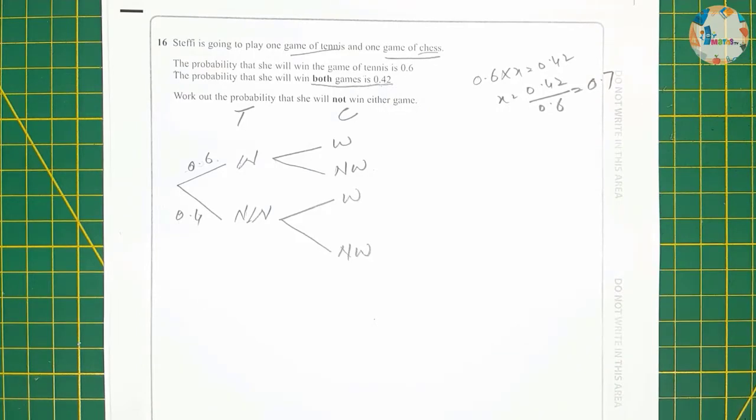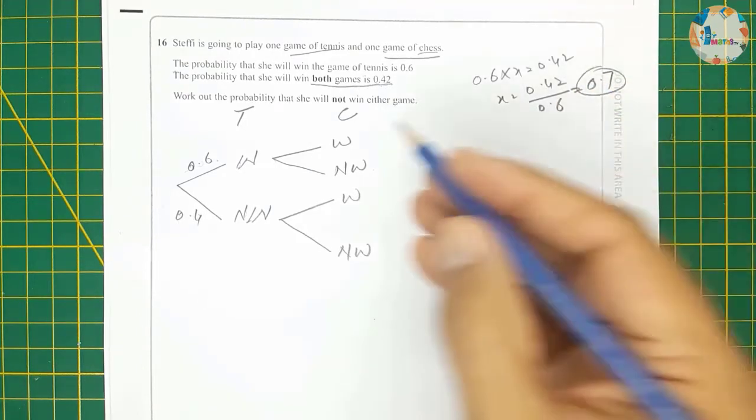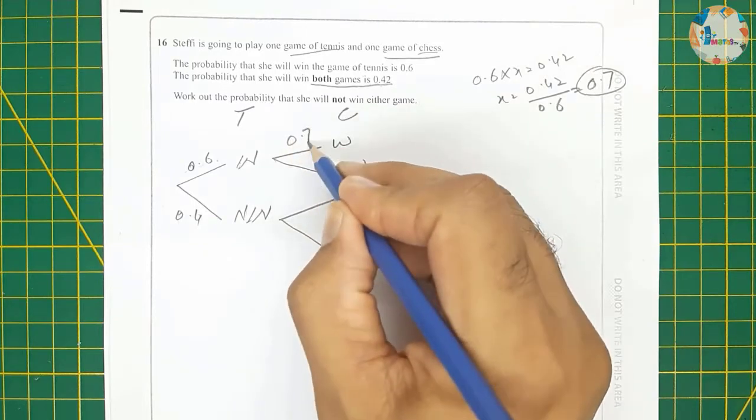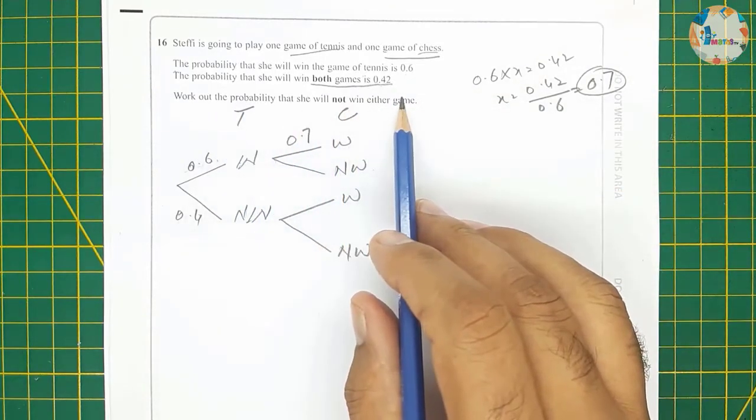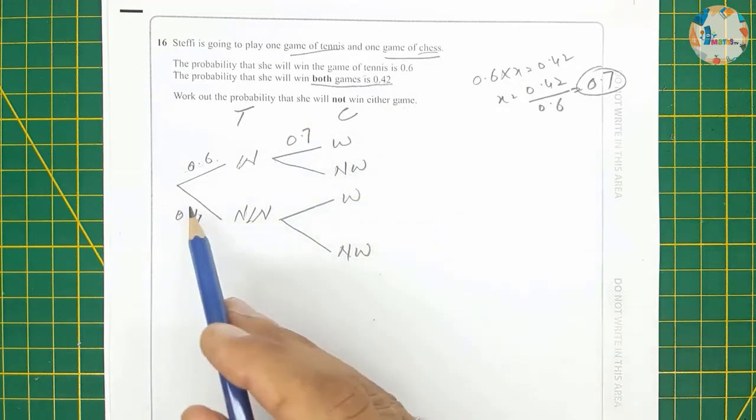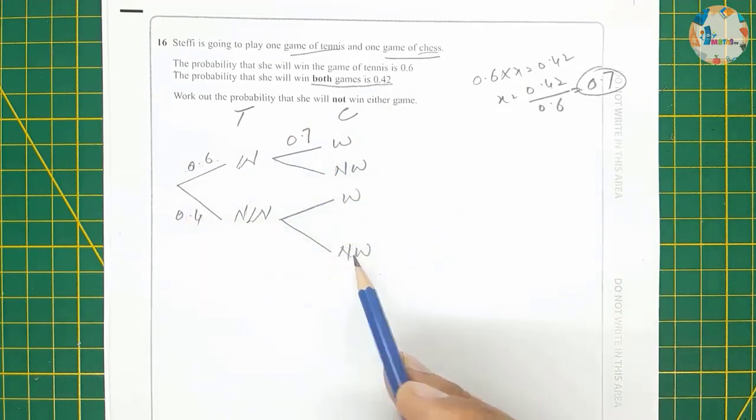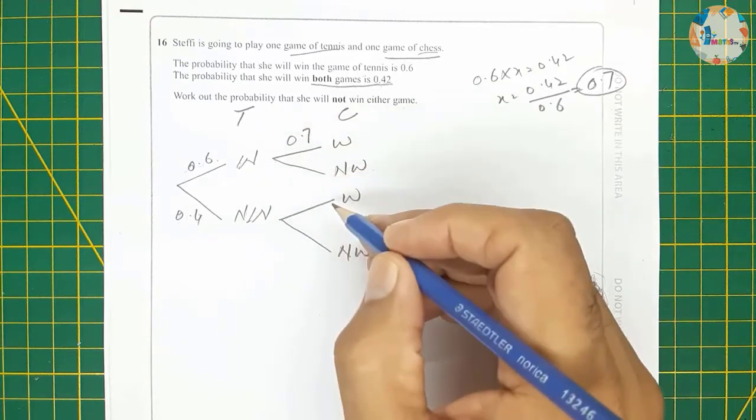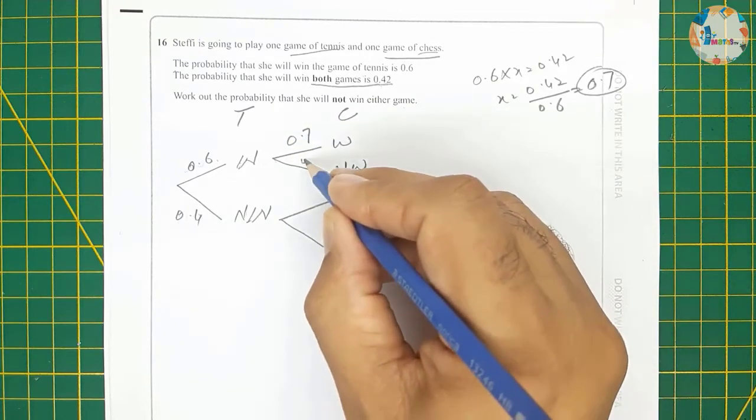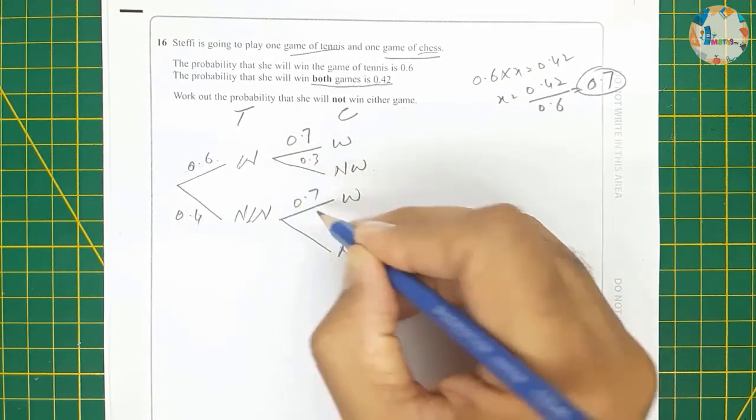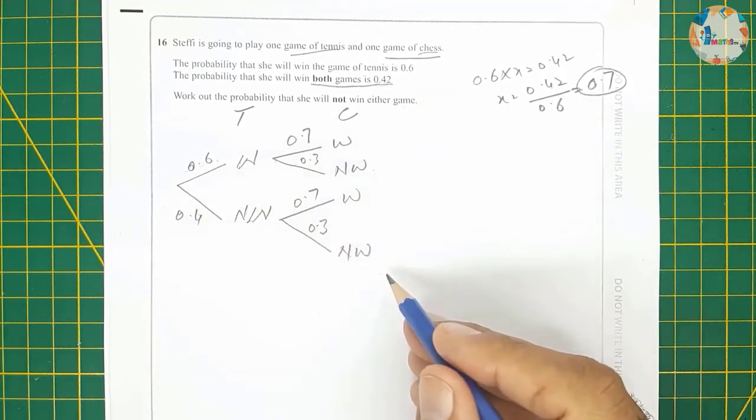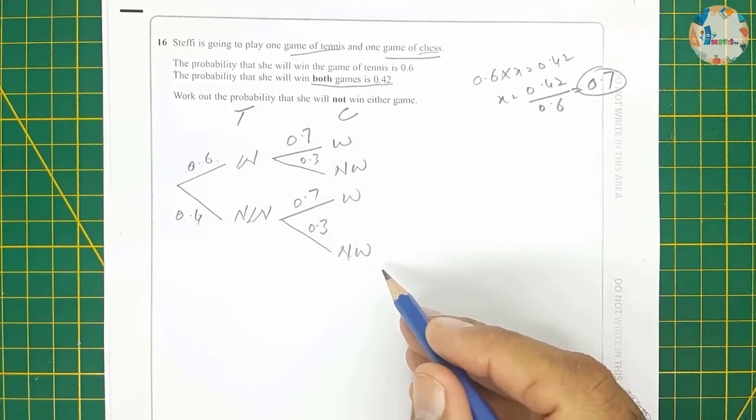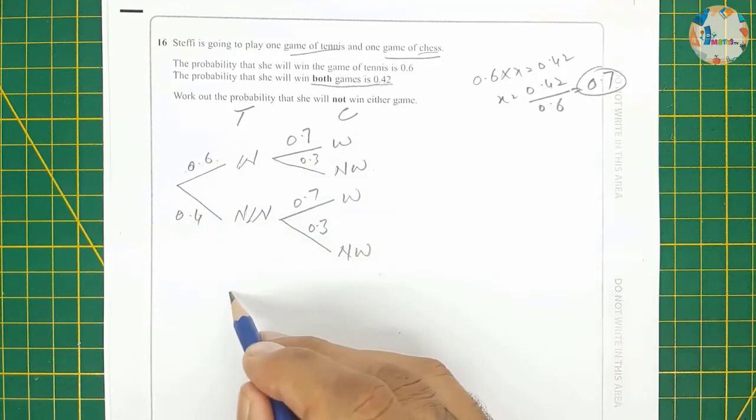Now what we can do, this is the probability for winning this one, so work out the probability that she does not win either game. So not win will be this one and this one. So if this is 0.7, so this will be 0.3, this will be 0.7, this will be 0.3. So not win will be this one, not win will be